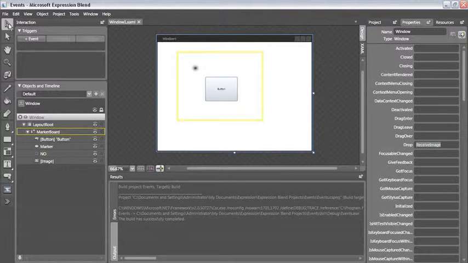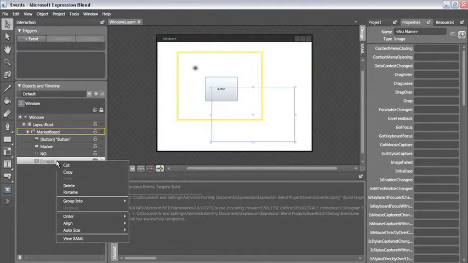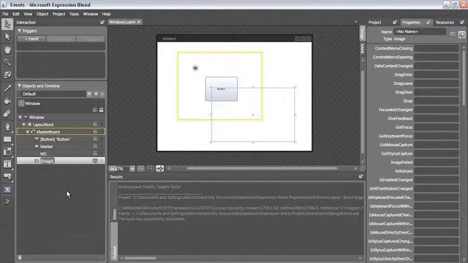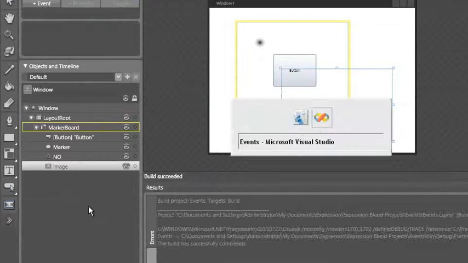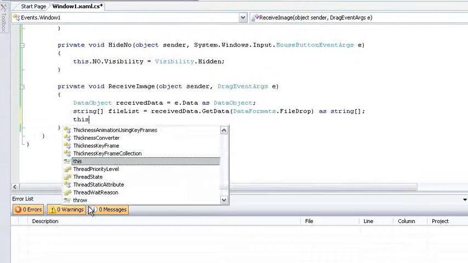Always remember that if you're going to be working with any of your scene elements on your artboard inside your code, they must have a name. They can receive events or something basic, but whenever you're working with them in the code, you've got to make sure you name them. Select my image, rename it, and I'm just going to name it Image with a small I. Let me build to make sure that it shows up over in Visual Studio, and let's add the code to